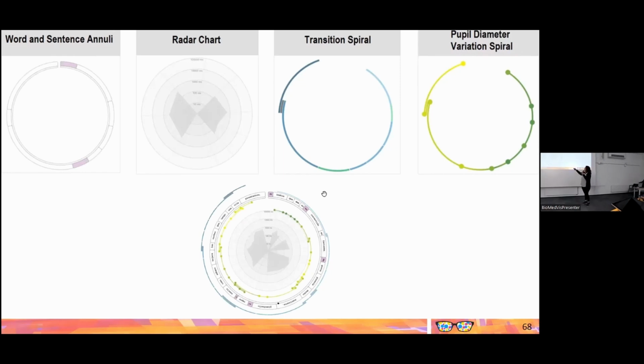So you have fixations in these circles, and the color indicates how big or small the pupil is. In this case, it is bigger at the beginning and then starts to get smaller, and then bigger, and then smaller, and then bigger.